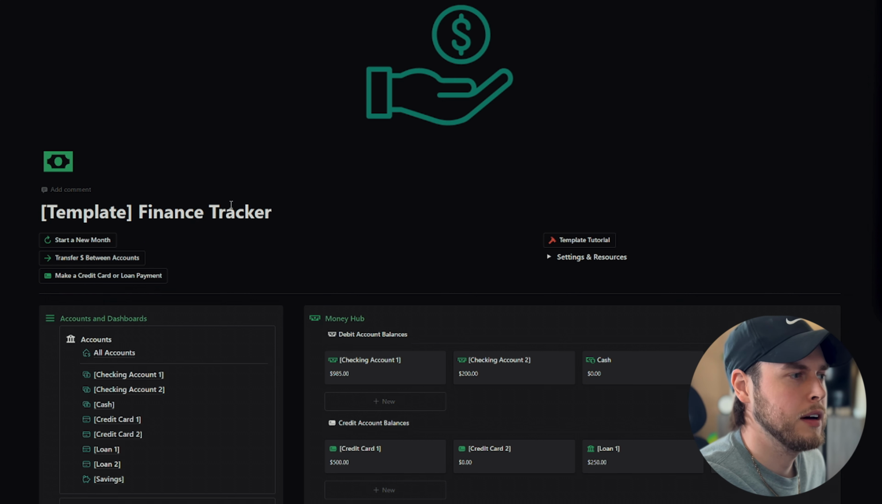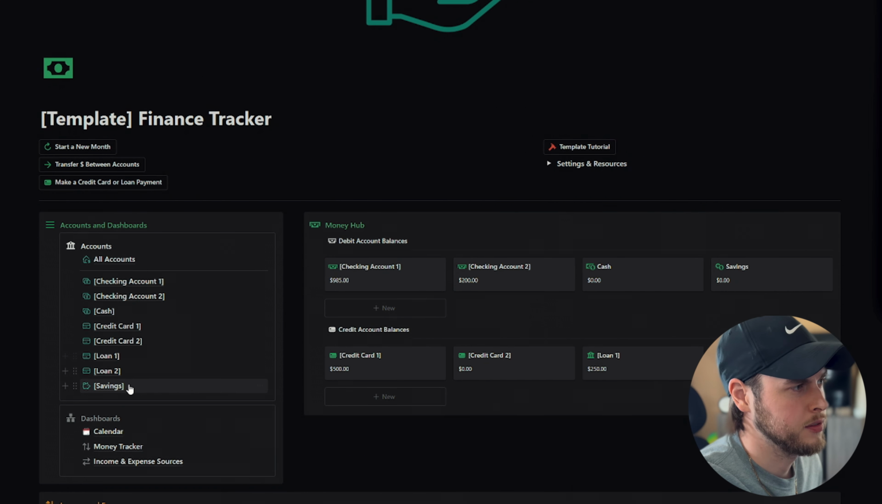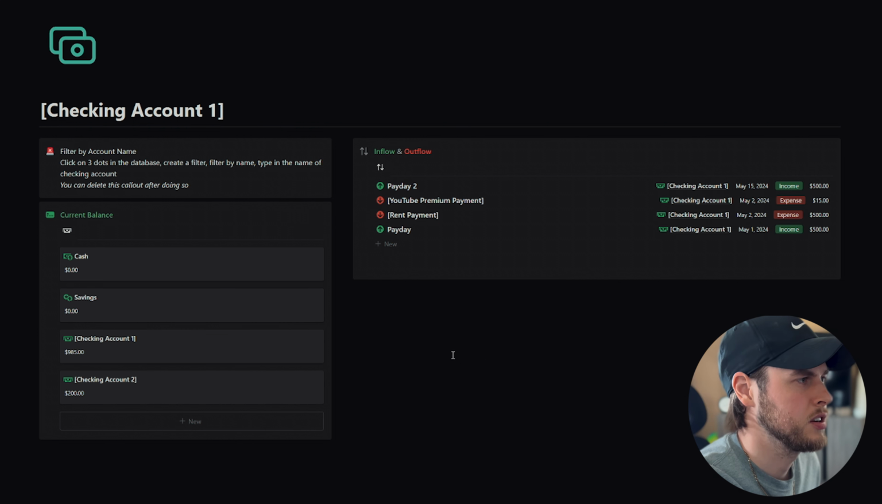But a quick rundown on this and a quick tutorial is all of your accounts are going to be stored right here. All of your checking, credit, whatever account it may be, loans, savings, you name it, it's all going to be in this list. Each of these is their own page, so you can see